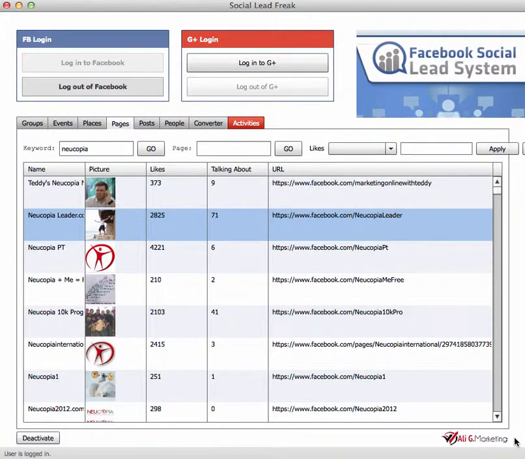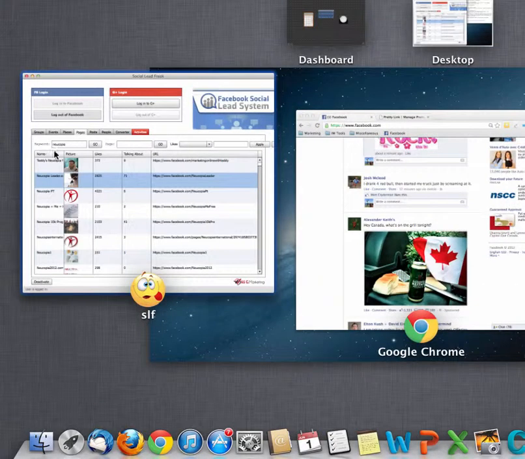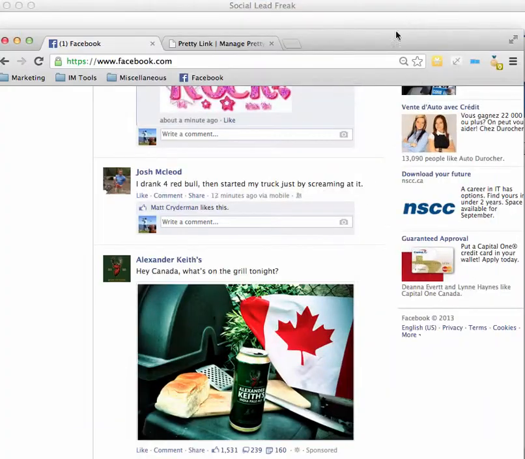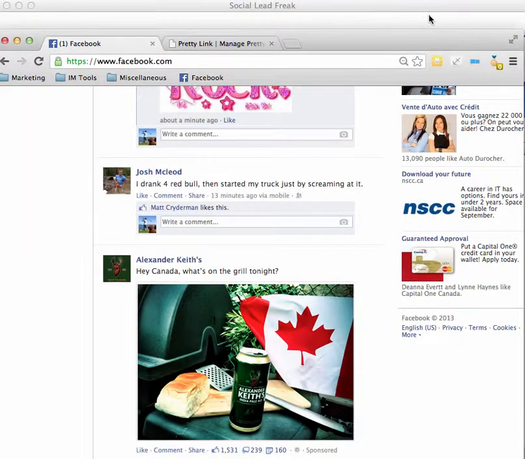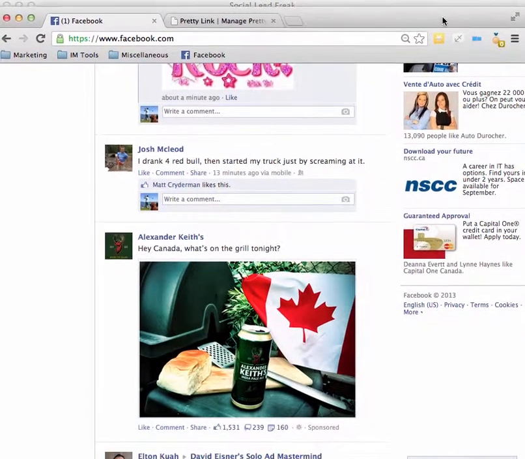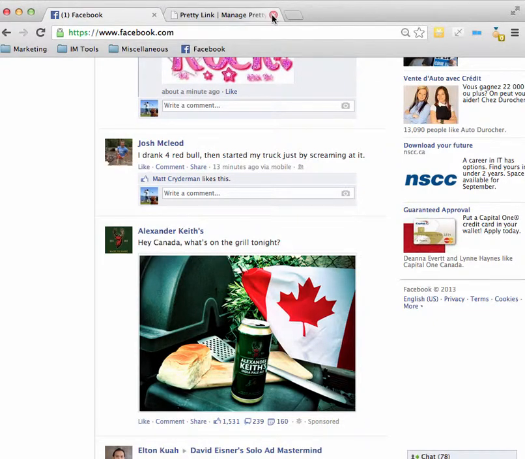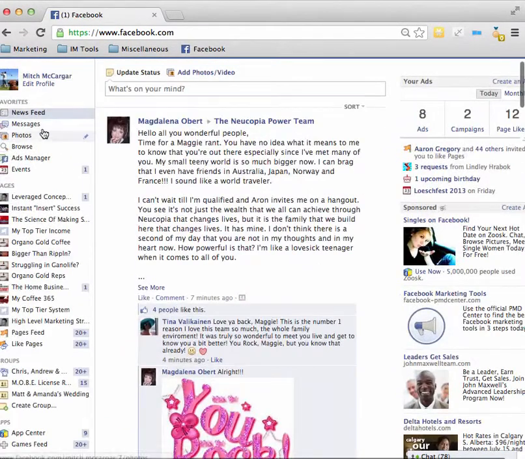After you've extracted your groups and your pages and your events, whatever you have decided to do, you need to upload them to your Facebook Ads Manager. To do that, all you need to do is use Google Chrome. So you are going to go to your Ads Manager on Google Chrome,